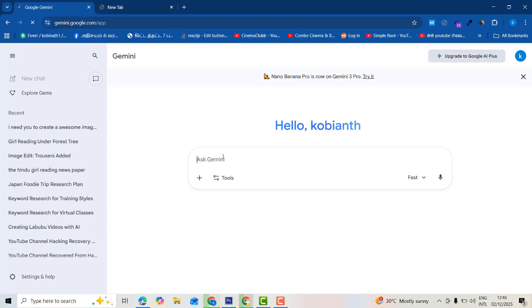So you can ask any doubt regarding your program. If you are a programmer, you can ask any doubts. This is now a very good tool for a programmer, for any kind of things. I'm going to ask a doubt regarding my programming. You can give the prompt: act as